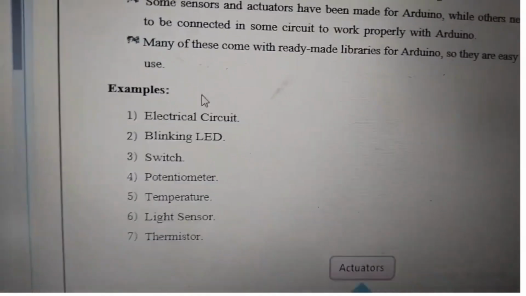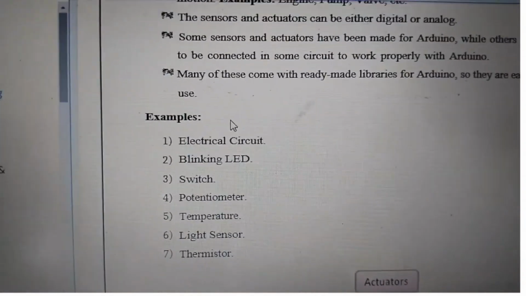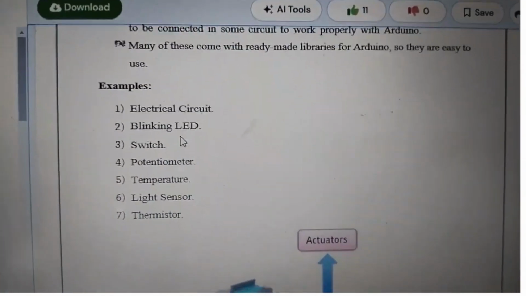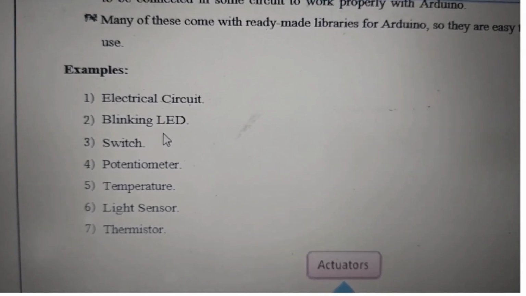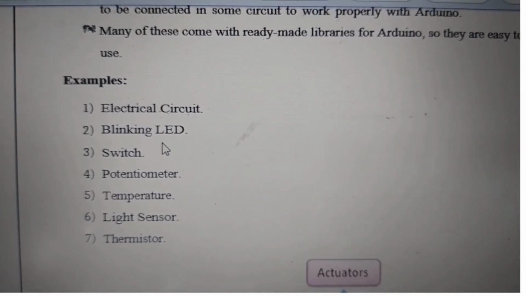Some examples of the sensors and actuators: electrical circuit, blinking LED and switch. Okay, potentiometer, temperature means